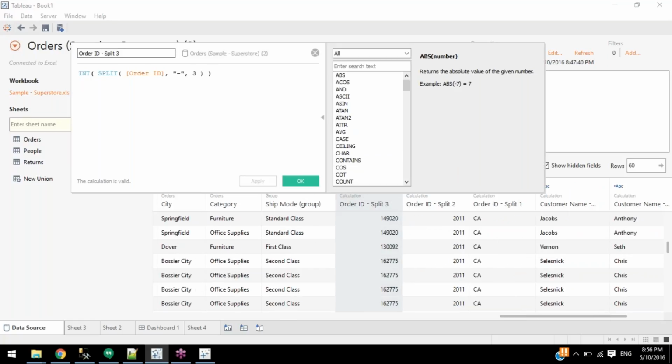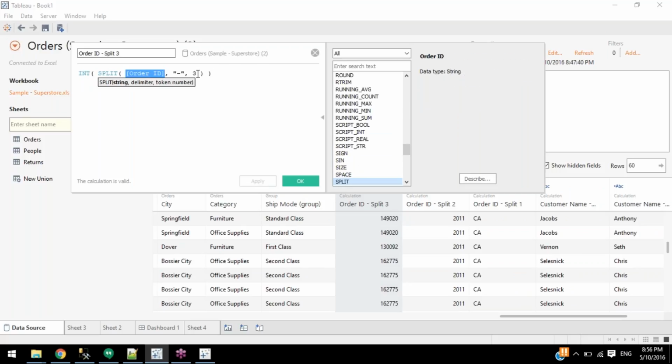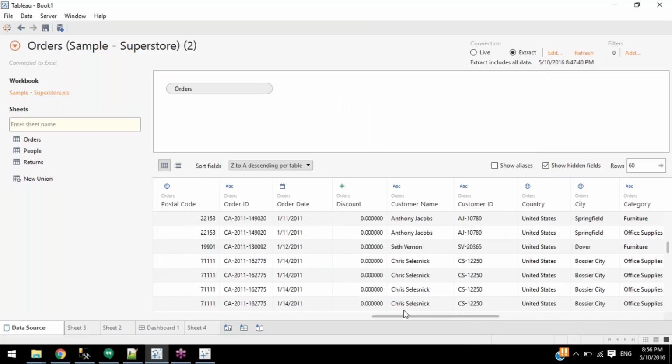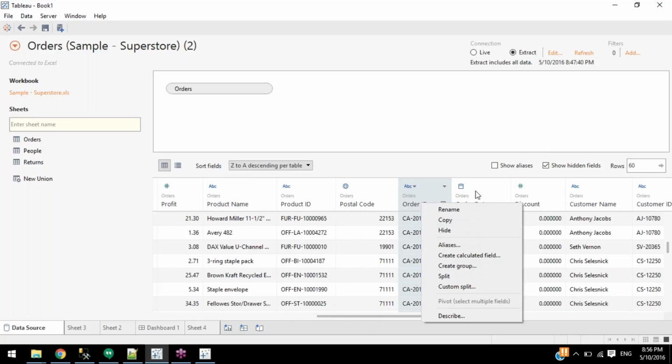Here, this is the calculation. Basically, I'm saying split this column for the third dash. Okay, like that. So here I have given a definition, right? This definition can always be modified. So for example, if I need to extract the year out of order date, sorry,